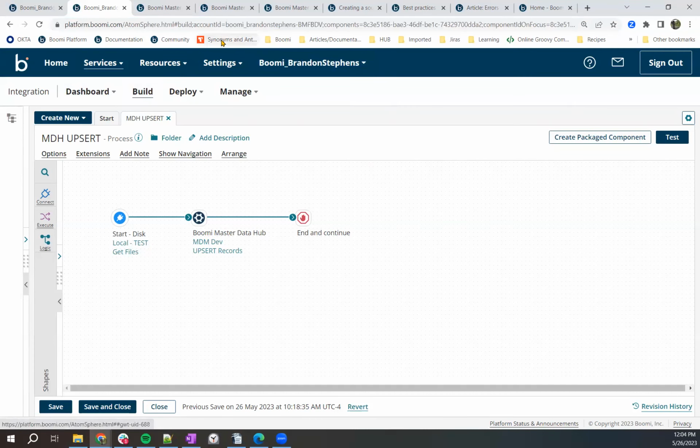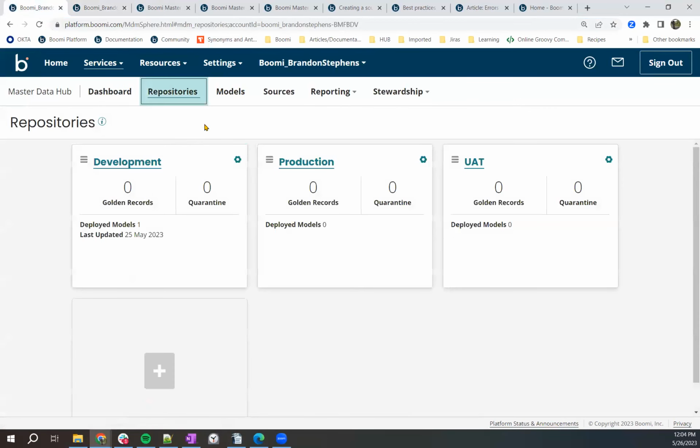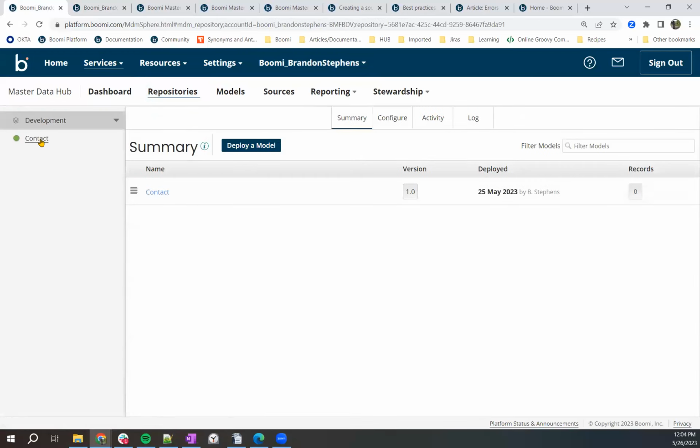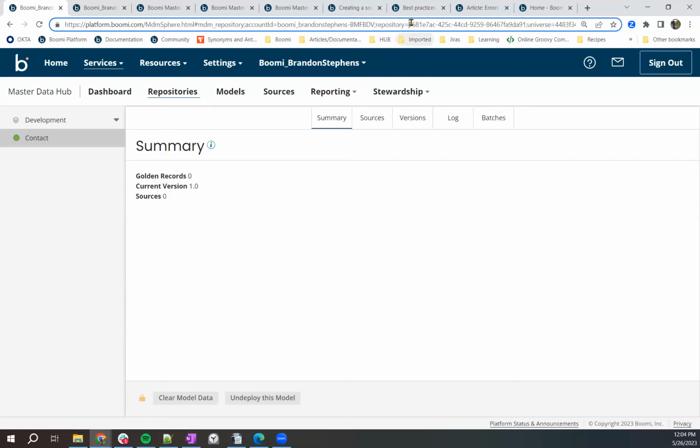Next, we want to pull the repository ID. For example, if I'm back here at my repositories page, it's within the repository that's development and the contact model. Once you've navigated into the appropriate model, you can see up here on the top, you'll have repository equals. You can take this ID right here from the URL all the way up and not including the semicolon,